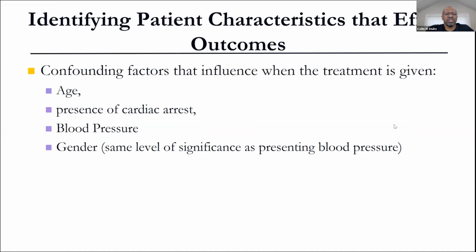Well, what also influences the treatment that is prescribed, whether the patient is referred to get bypass surgery or not? Age comes up as being an important factor that you can sort of rationalize. A patient that's 90 years old might not be referred for bypass surgery because their chance of living through the procedure may be low. Presence of cardiac arrest, blood pressure, but gender, again, comes up as being an important confounder that determines when therapy is administered. And its level of significance is the same as that of the presenting blood pressure. Similarly to what we said for the